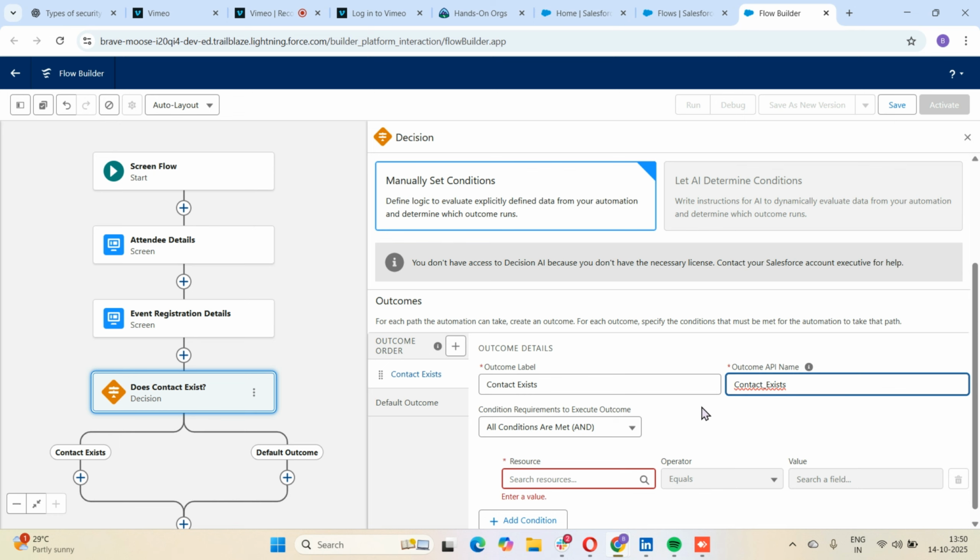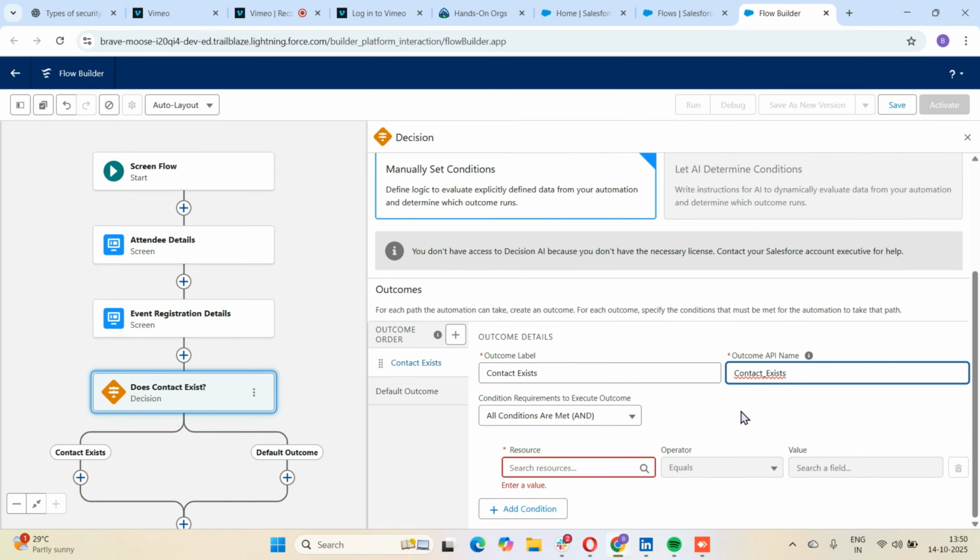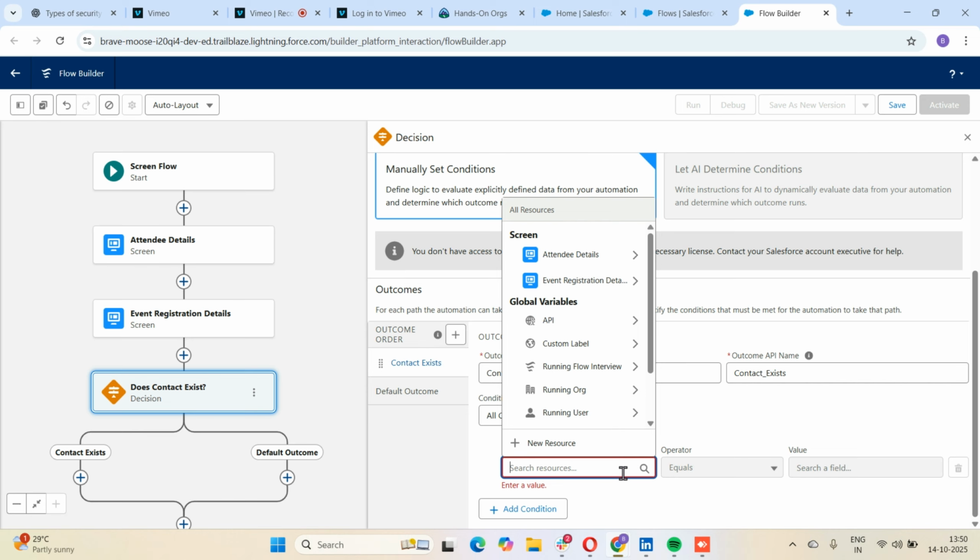Okay, so contact exists if a contact with the same email already exists. When this contact exists, if the contact with the same email already exists. Okay, so for this we're going to take